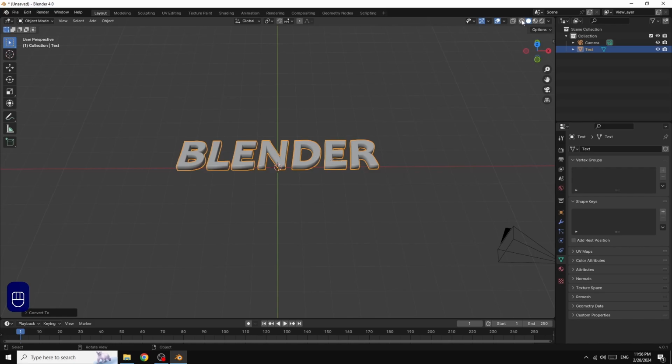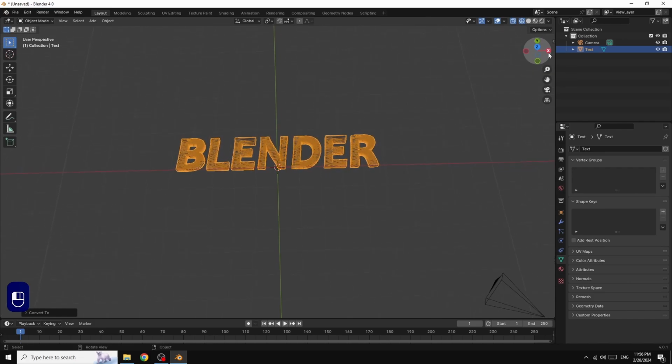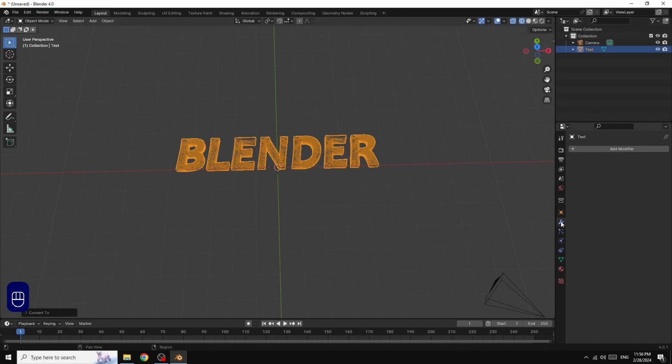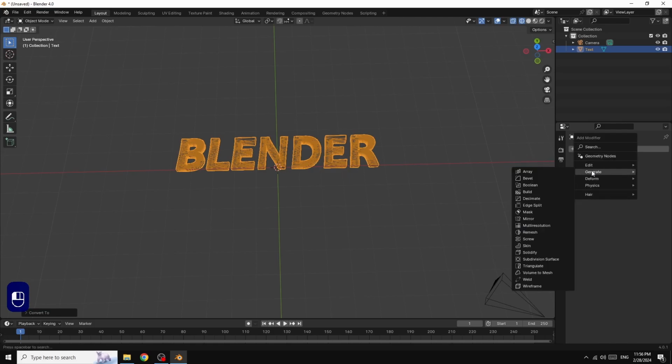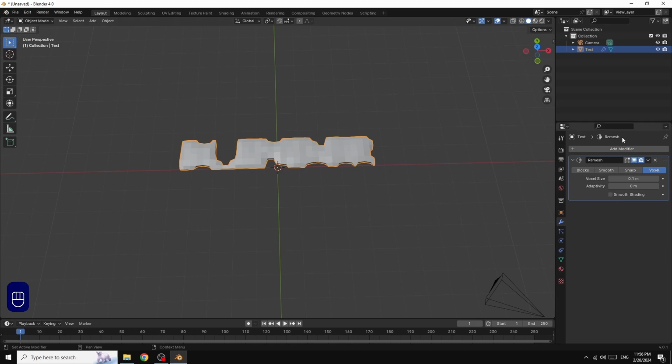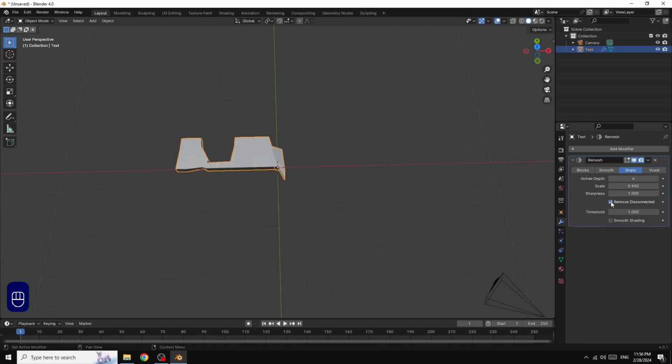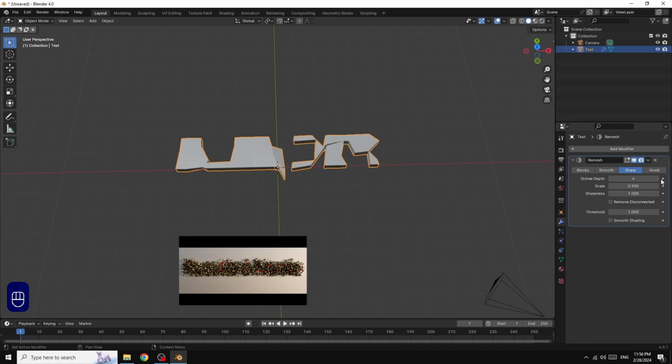Now, if you go here, we see our text has a typography, but it's not good. To resolve this problem, we go here in modifiers, add modifier, generate, remesh. Don't worry if you see the text like this. We go here in the sharp, disable this, and we give it